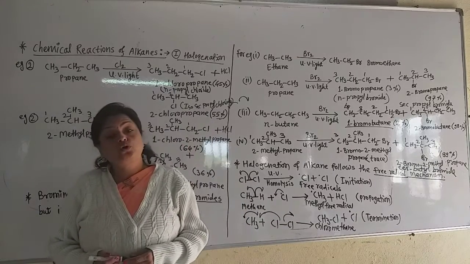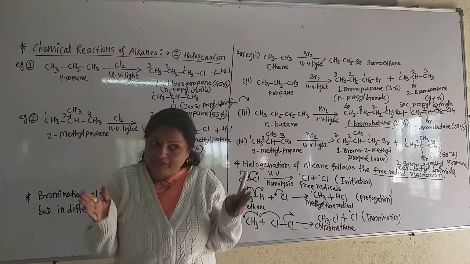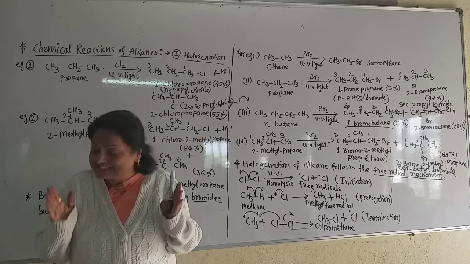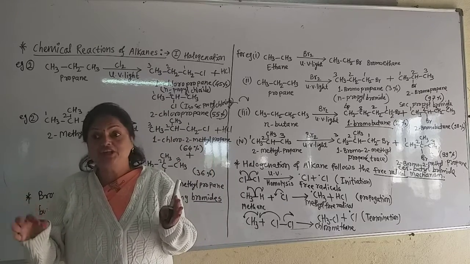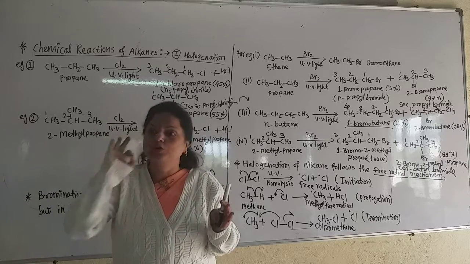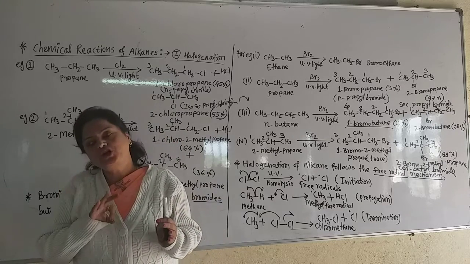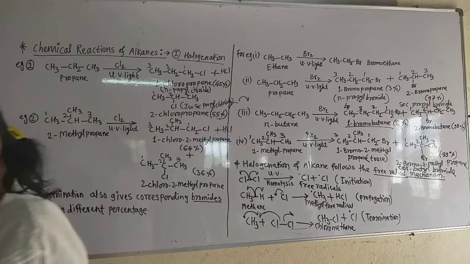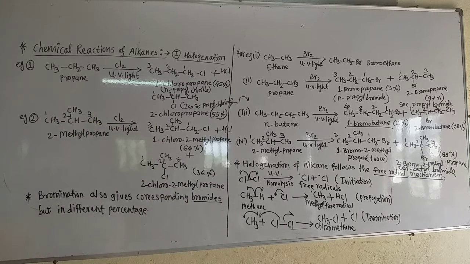Then there is the short note on halogenation of alkane. So prepare this answer by practicing on a slate. If I ask this question, you must get full marks. Now this short note may be for 3 or 4 marks. Generally it is for 4 marks. So in the long questions, this question is asked for 4 marks.